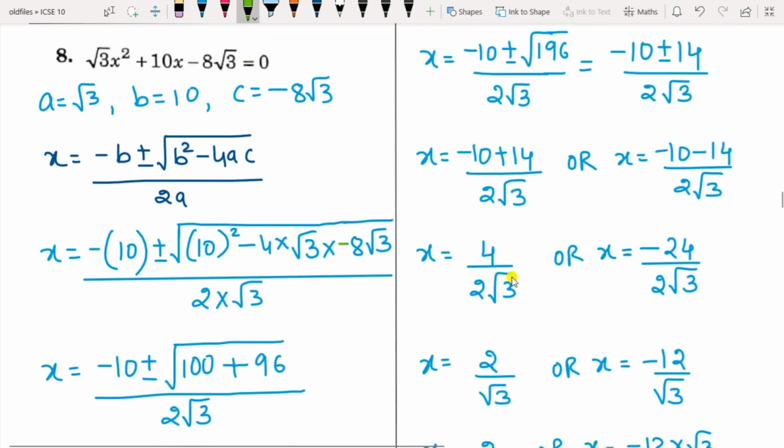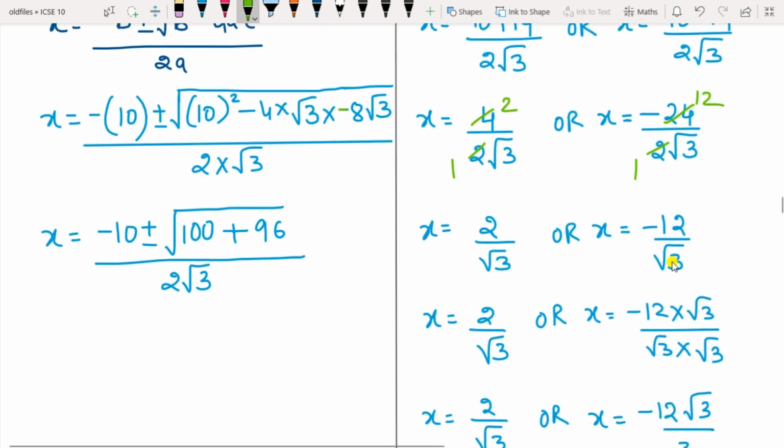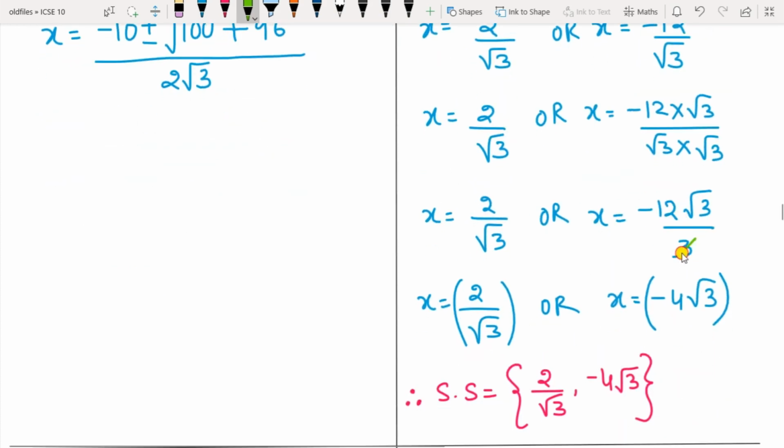So here you can see that it will be 2 ones are 2 2s are 4, and this will be 2 ones are 2 12s are. So this is 2 by root 3, and this is minus 12 by root 3. Now in this case, if the denominator can be rationalized, so you have to do that rationalization. So here it is not necessary, but here you can see I have rationalized the denominator. So multiply by root 3 to the numerator and the denominator. So root 3 into root 3 will be 3 here. So this will again get cancelled. 3 ones are 3 4s are. So this root will be minus 4 root 3, and this is 2 root 3. So these are the solution set for the given equation.